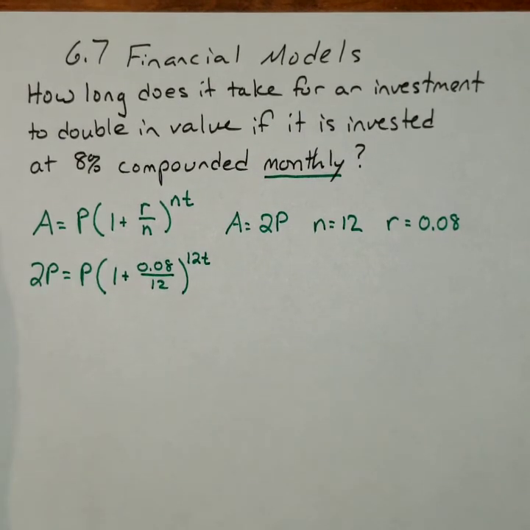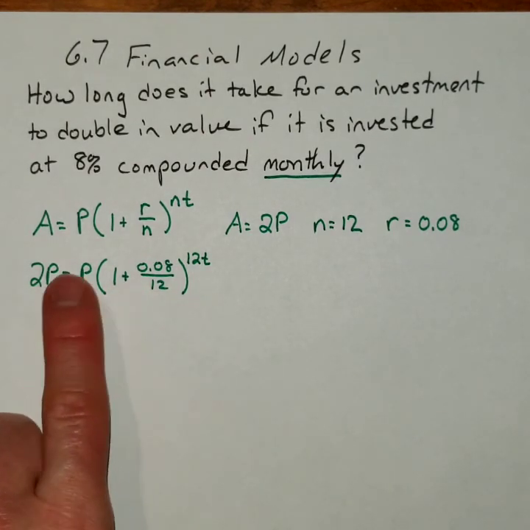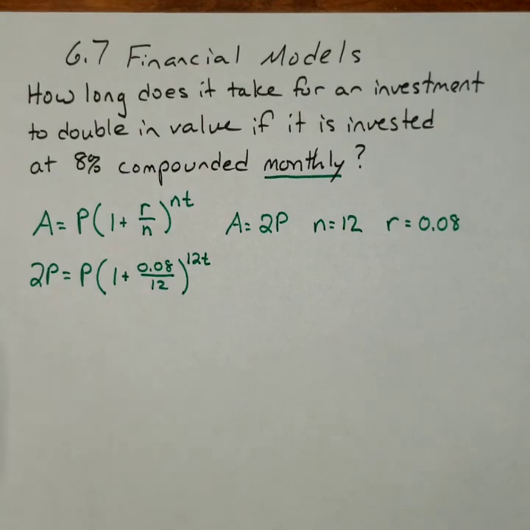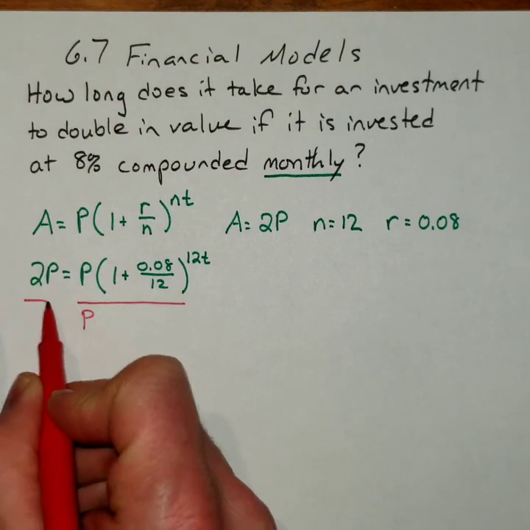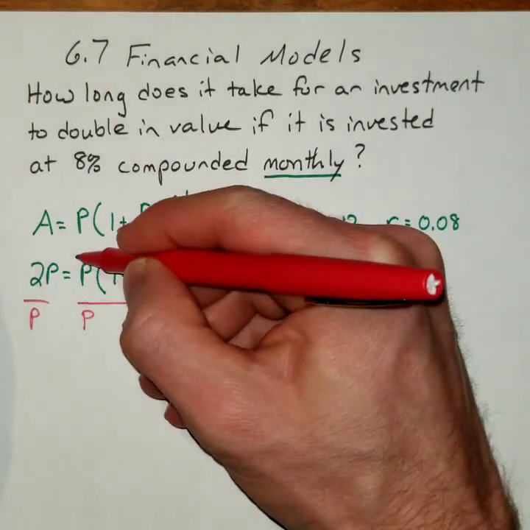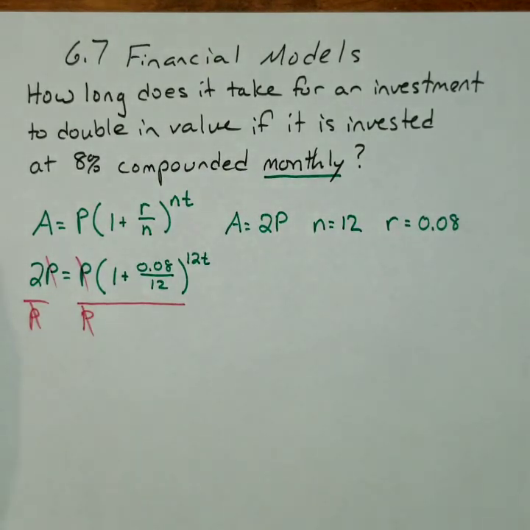Now to solve this equation, just like the last example, I've got to divide by the principal because it's multiplying the rest of this stuff. And when I divide by the principal, I'm going to divide the right side by the principal and the left side. It cancels out on the right, and it also cancels out on the left. And so we didn't need to actually know